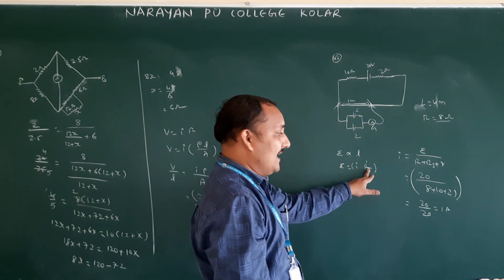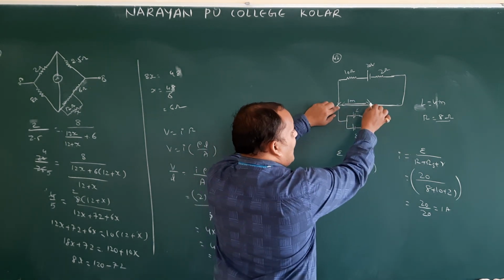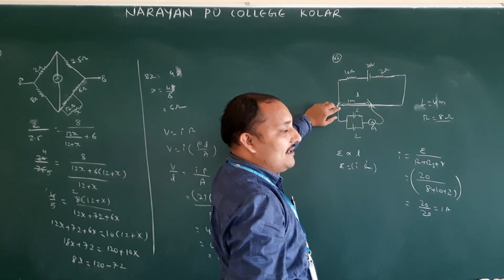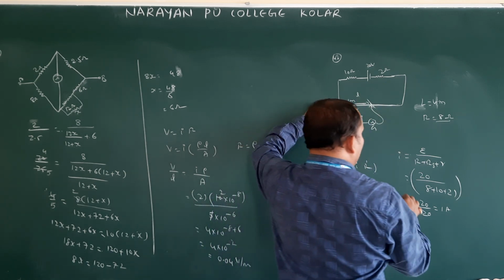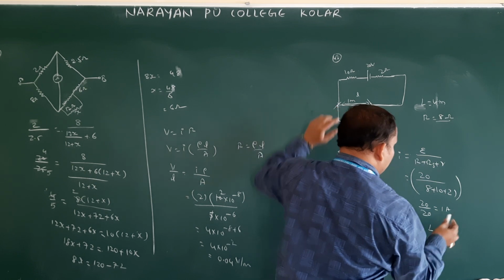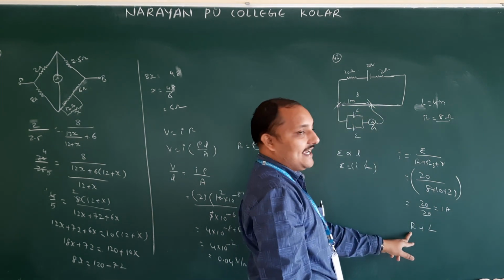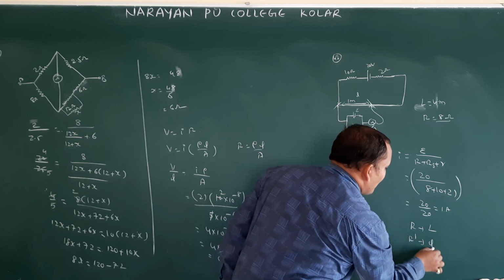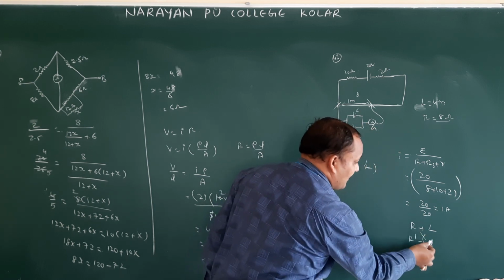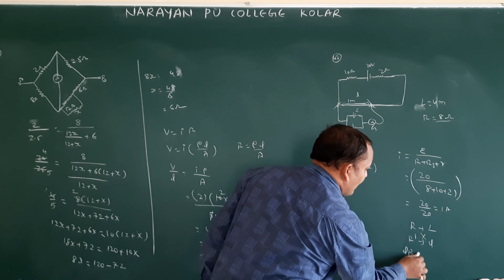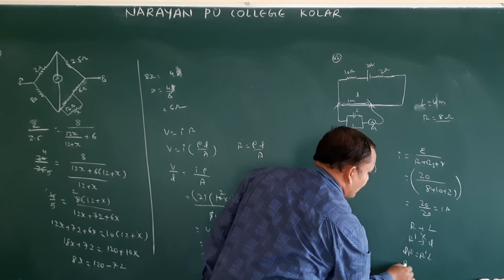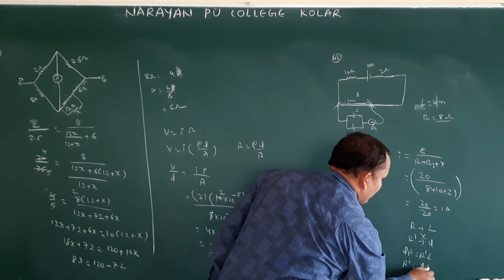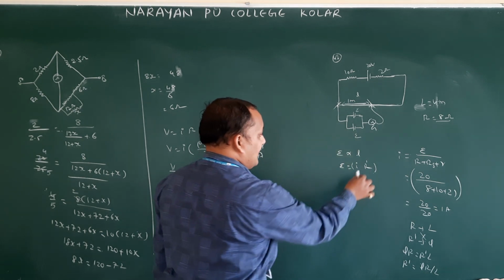Now R dash. R dash is the resistance of the smaller length. That is nothing but L. So we can know the resistance of the bigger length. Resistance of total wire is capital R, that is 8 ohms there. What is the resistance of the smaller length? Cross multiply. L into R. LR is equal to R dash capital L. R dash is equal to LR by capital L.